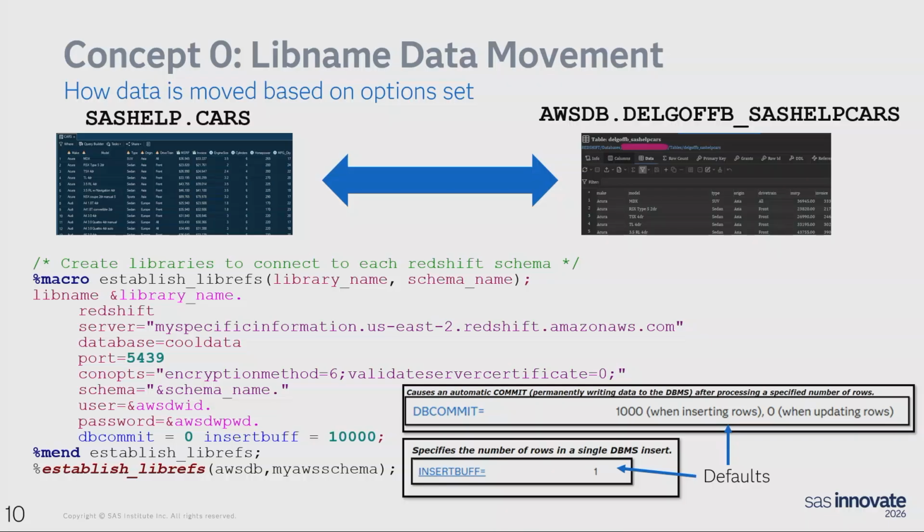These control how often a record is committed and how often it's inserted. In this way, processing changes to greater number of rows at a time can get your data up to the database faster. This works well for smaller data sets like the sashelp cars, and you can mess around with these options for larger data sets. But when the data gets really large or when the number of rows varies widely, you might consider taking another path.